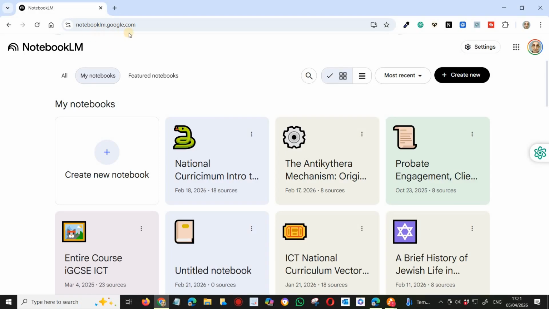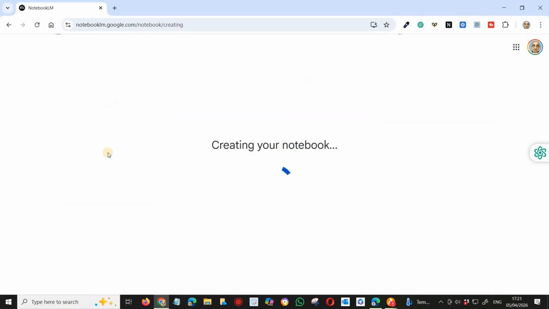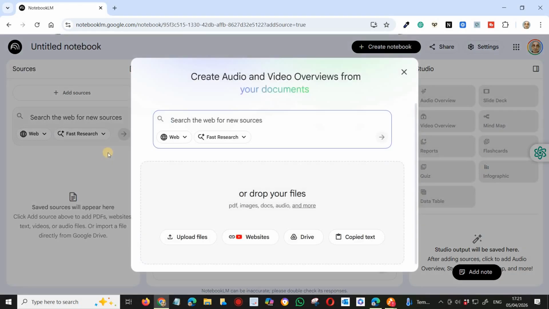Go to notebooklm.google.com and create a new notebook. Rather than searching for everything that's available on the internet, we're going to limit our source to just one particular chapter of a textbook. I have already scanned the relevant chapter from a particular textbook, and now I will upload